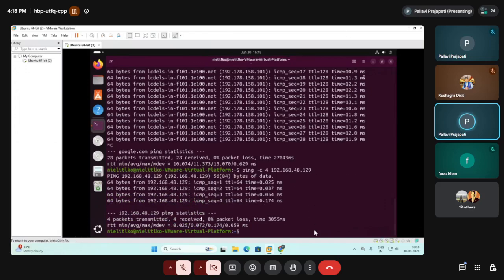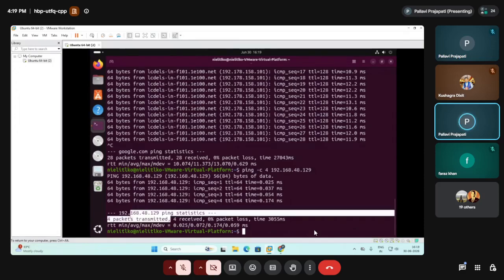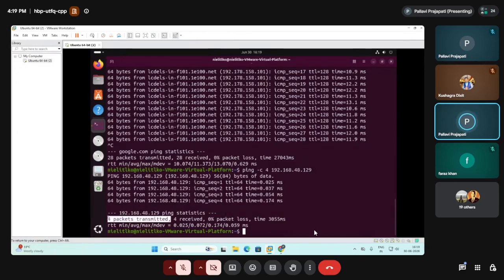It will send only 4 packets. I have told the ping command that I only want to send 4 packets, so it has transmitted the 4 packets, and after that it has stopped. Earlier it was going on.